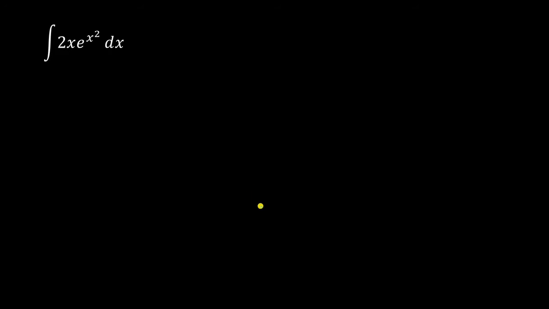This is used when you have a function and the derivative of that function in the integral. For example, in this function, we have the function x squared, and we have its derivative 2x. Now, if there was a coefficient other than 2, the method will still work, but there's an extra step. We don't have to worry about that right now, however. So the first step here is to set the function that we know the derivative of equal to the variable